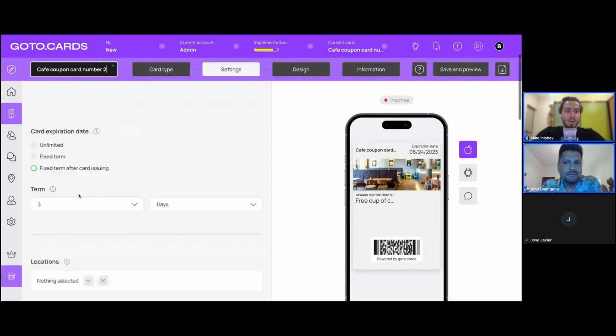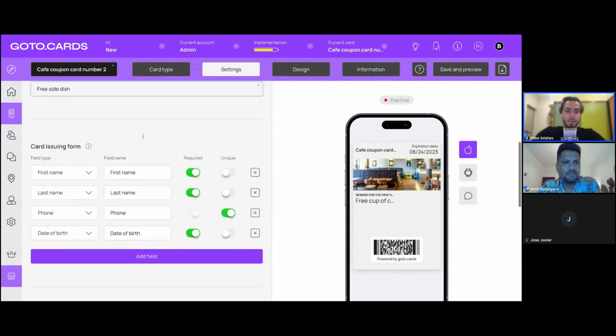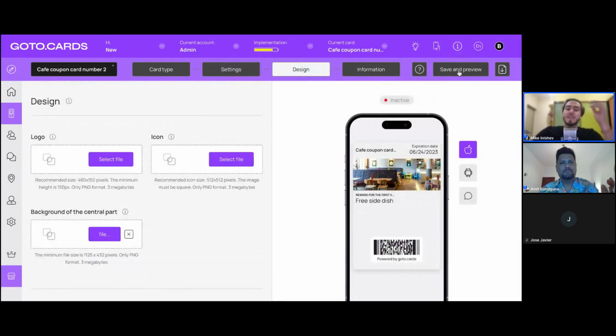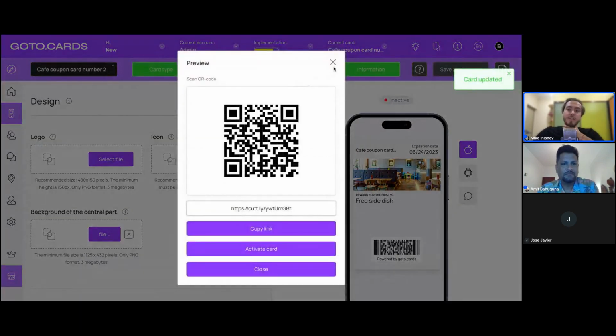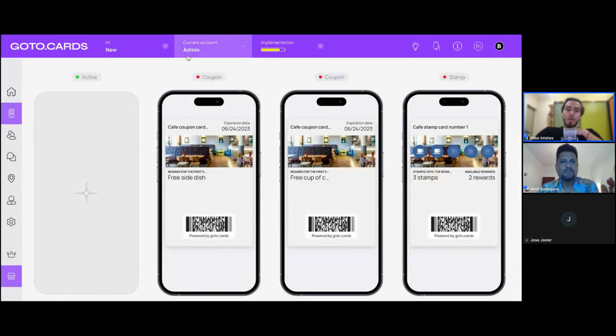Another could be a free side dish, for example. It has worked pretty well, and you can set up really interesting ideas and strategies for your customers with this product. And also, for example, you can create an additional customer segment who visit your advertising, who open